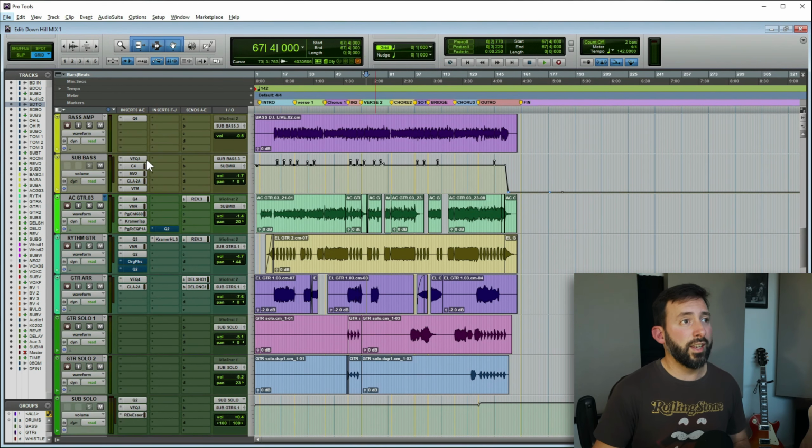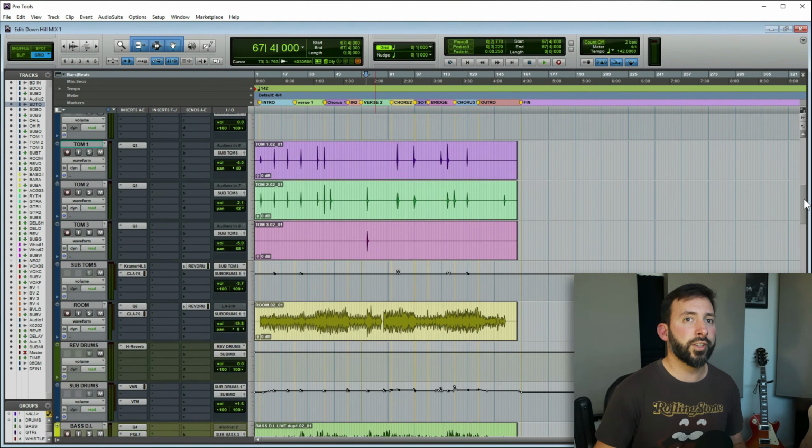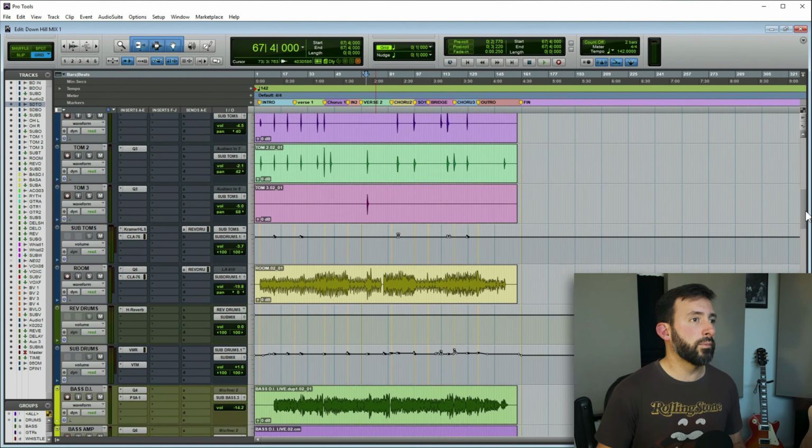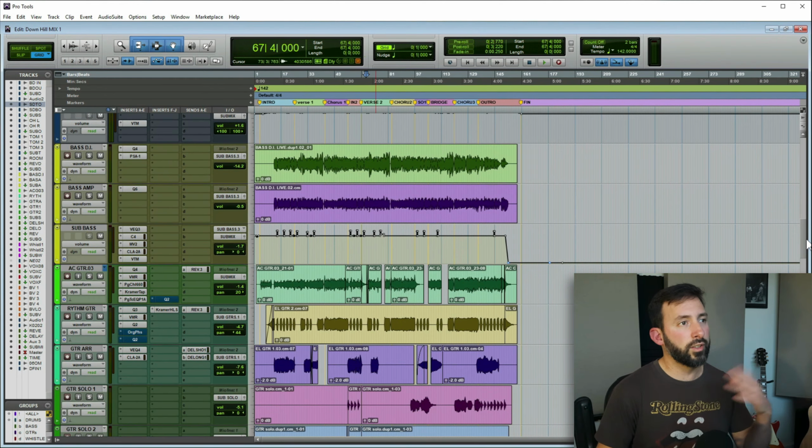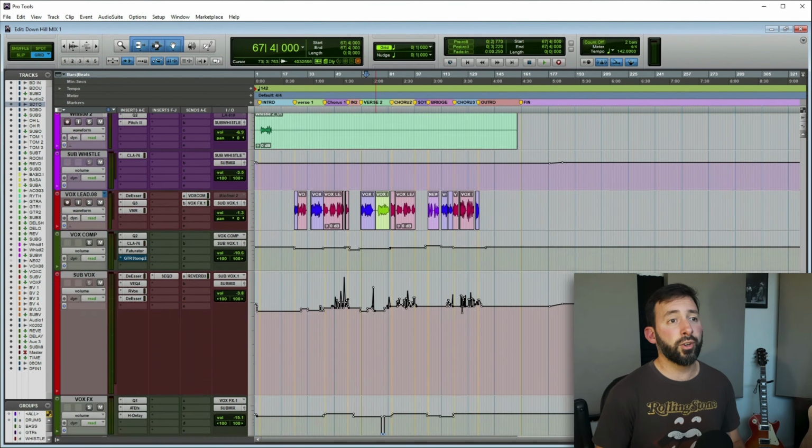But other than that, you can see here is a lot of inserts now. You can see it's a lot of inserts on all the channels, EQs, compressors, effects, all kinds of crazy stuff. And that is all done on the mix, because now on the mix, I have all the elements of the song. Now I want to make them sound better. I want to make them live together in a better way.